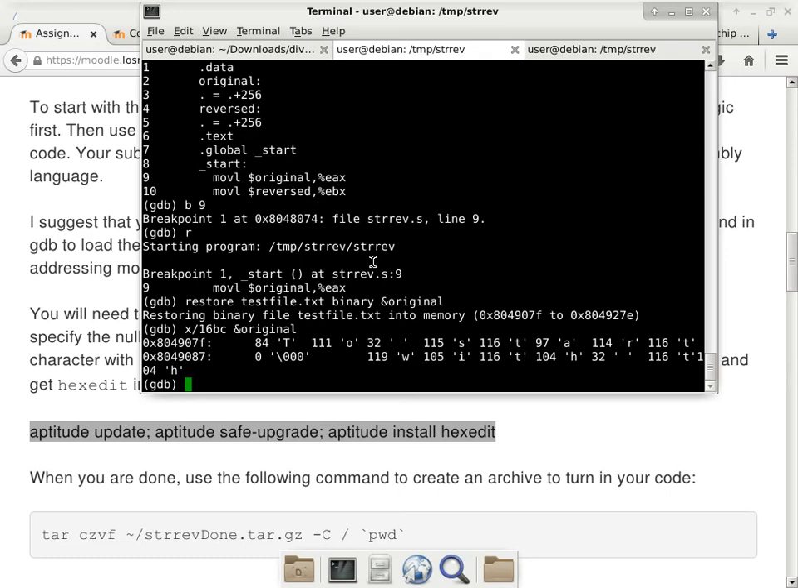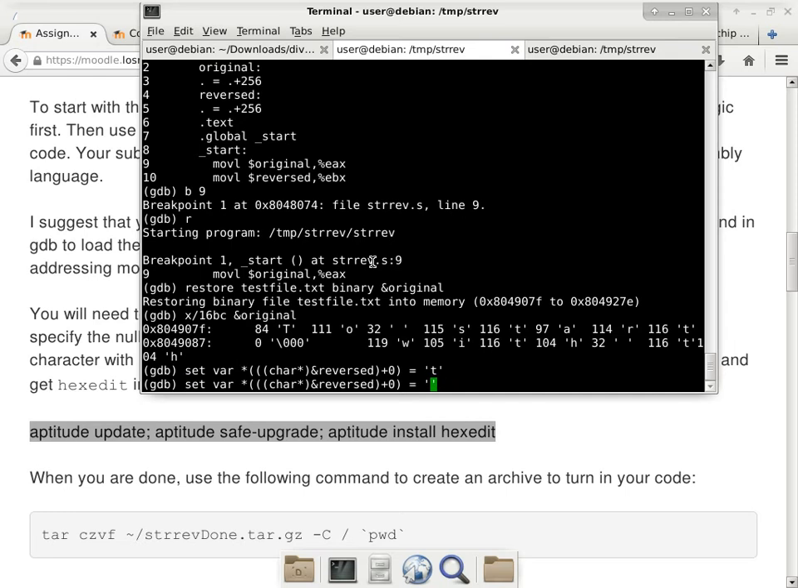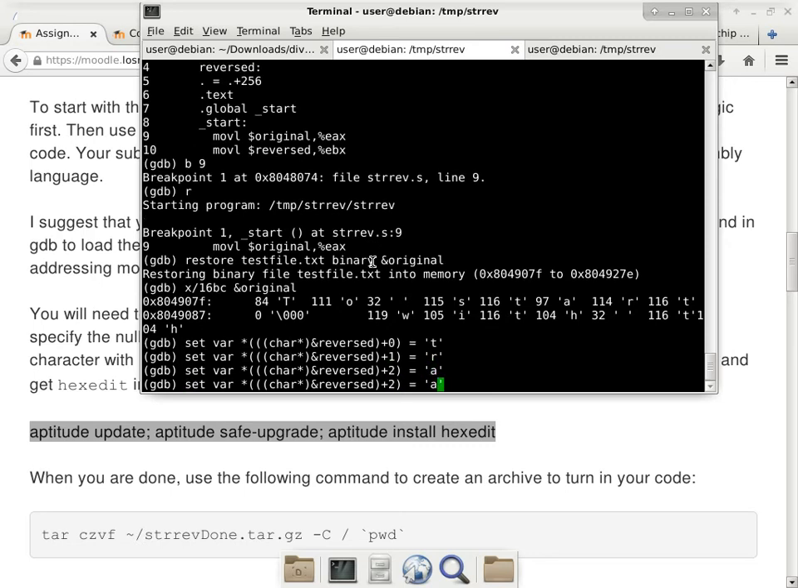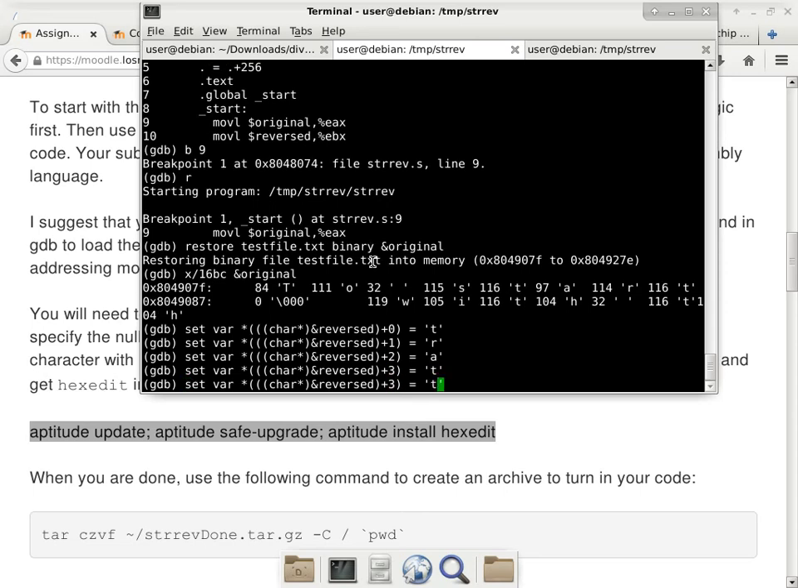So to do this manually in GDB is a little bit cumbersome because it really does not have a way to deal with characters. So the only way that I can do this in a way that I know for sure will work is to use set var, and this is going to be really cumbersome because I have to cast the address of reversed into a char pointer first, and once we cast it into a char pointer, we can do arithmetic. So the first one is going to be the T, the second one is the R, the third one is the A, and then we have the T again as the fourth character, and then we have S as the fifth,